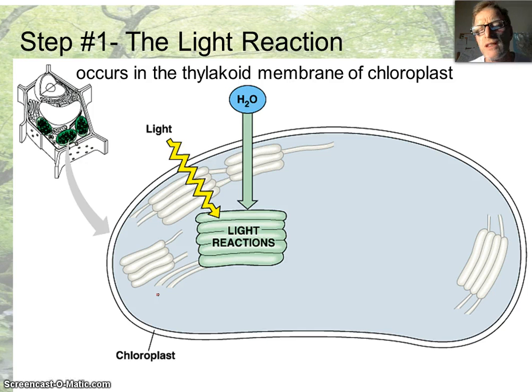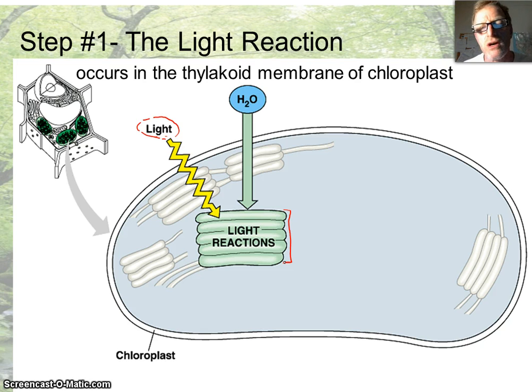First off, we have the light reaction. The first thing you need for photosynthesis is light, sunlight, as your energy source, your power. It's going to be absorbed by the chlorophyll molecules in the thylakoid membranes, which are found in a structure called the grana. They're going to catch that energy, absorb it, and use that energy